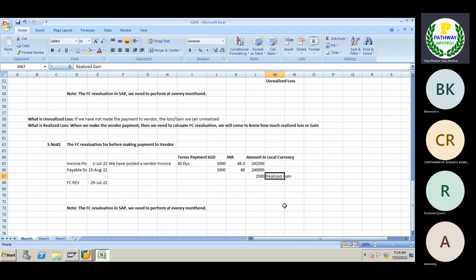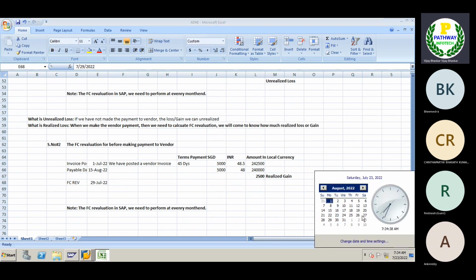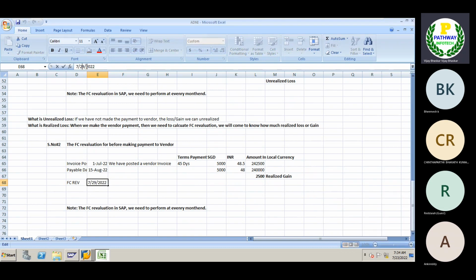Realized means we have made the payment to the vendor, but there are no open items for this particular vendor. When we made the payment on the 15th of August, we cleared the vendor invoice, so there is no open item relevant for this vendor. Now, when I perform the foreign currency revaluation for the month of August,